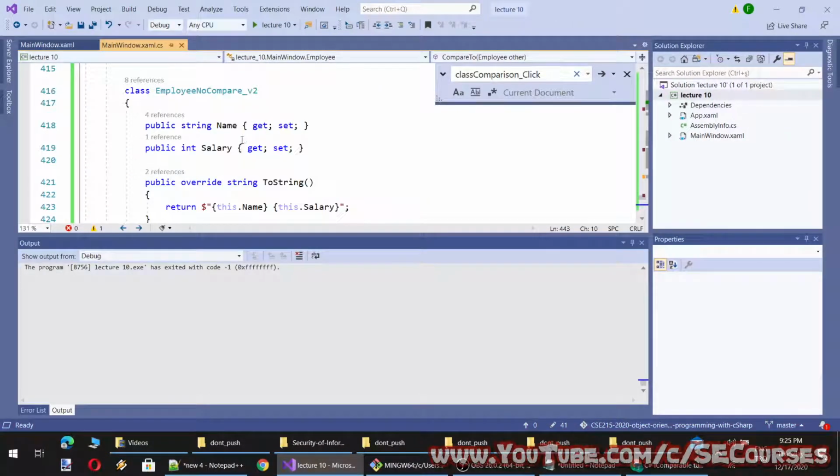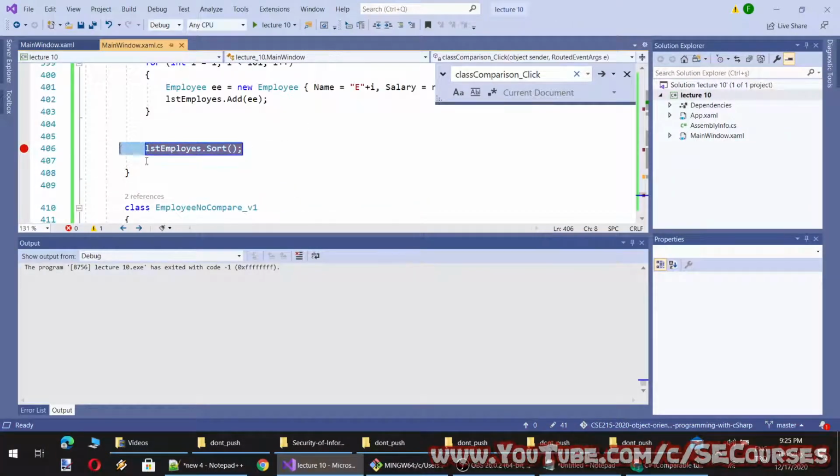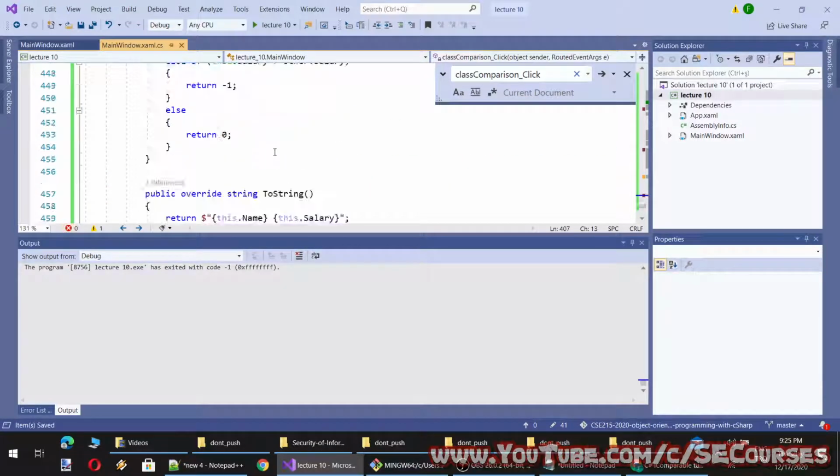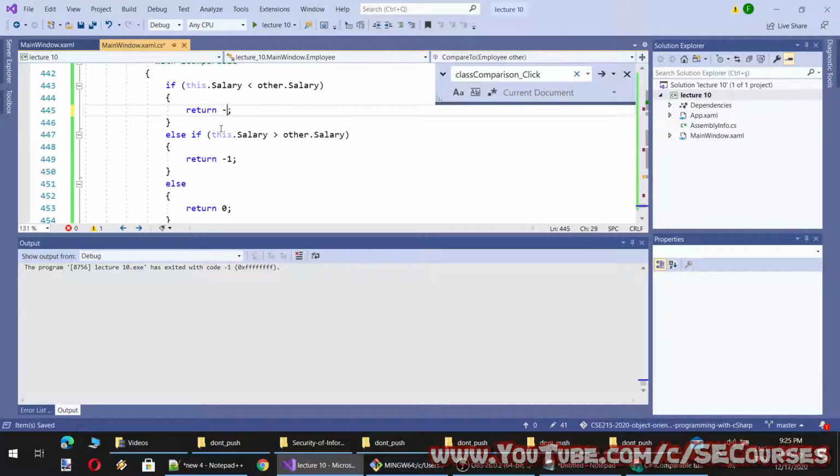And if we use order by ascending, sort by, I think there is no sort by ascending. Yeah, there is no sort by ascending. However, if I change these two, -1 and 1, this time it should sort by ascending order.